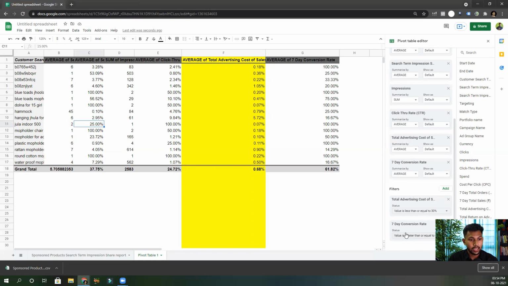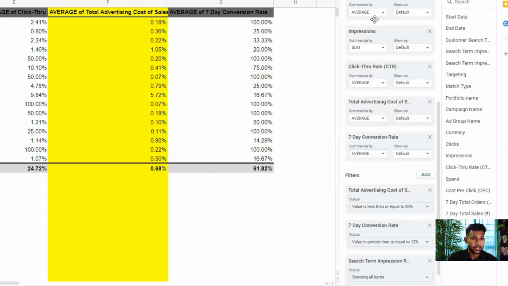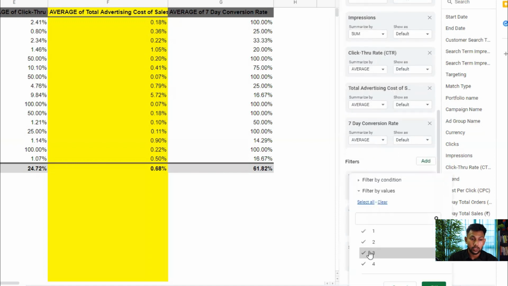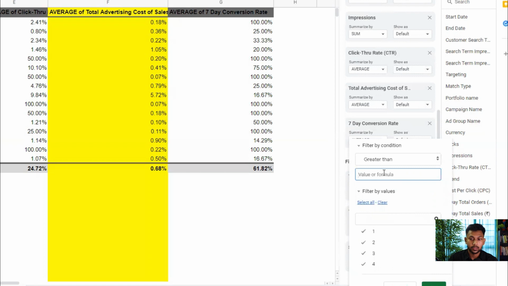The next thing I have to put here is rank, the search term impression rank. So the filter will be this one, search term impression rank. If it is greater than 3, filter by condition greater than 3, then I am going to push it.